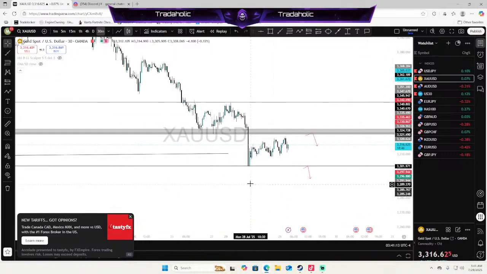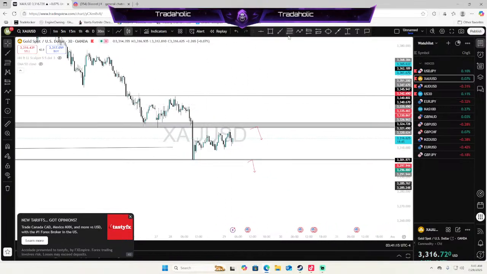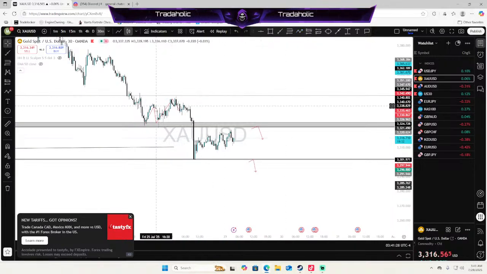Overall, we're making new lower lows and lower highs, as you can see on a 30 minute or 1 hour time frame, whichever one you want to look at, same thing. But relatively, we're making higher highs and higher lows up this area. Price took out these equal lows down here and made a new low. Now you can see we have another retracement right over here.